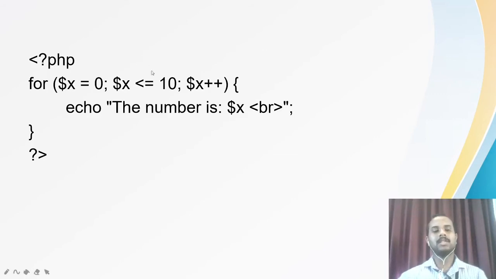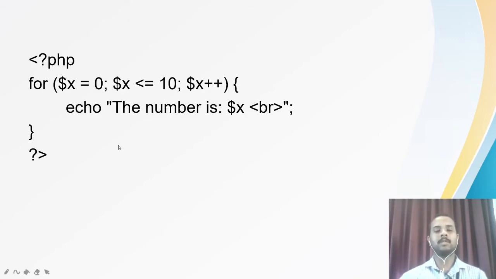In the same manner, this condition is true until it reaches 10, right? So x is lesser than or equal to 10. But as soon as this condition fails, that is when x becomes 11, it will come out. For example, let us say that the x value is 10. x is not lesser than 10, but x is 10, so it is true, and the current number is 10. Afterwards, when it is incremented, it becomes 11. So x is not lesser than 10 and x is also not equal to 10, so it will directly come out.